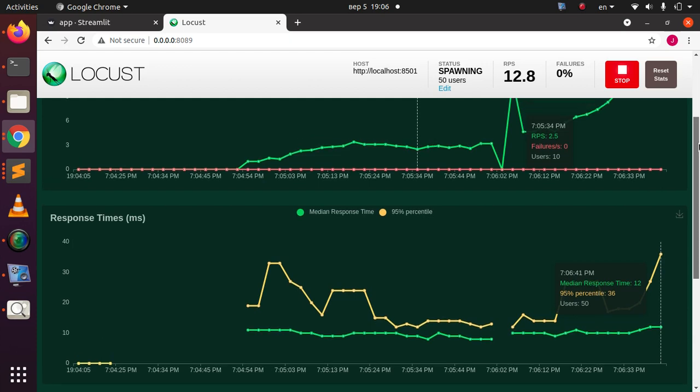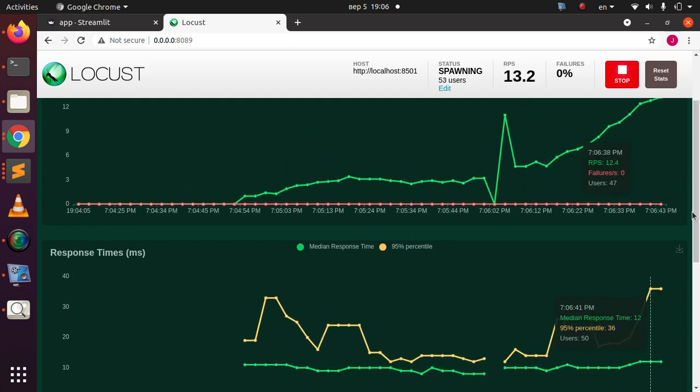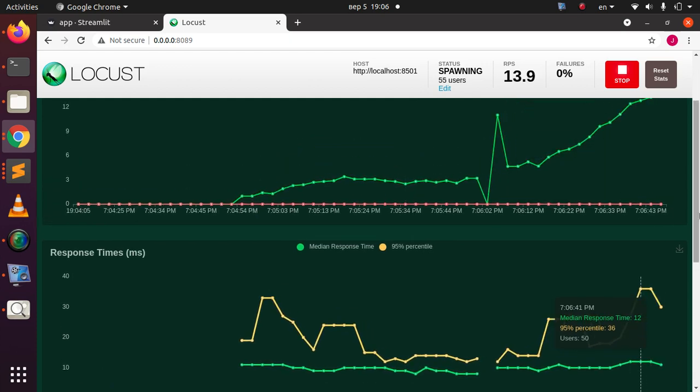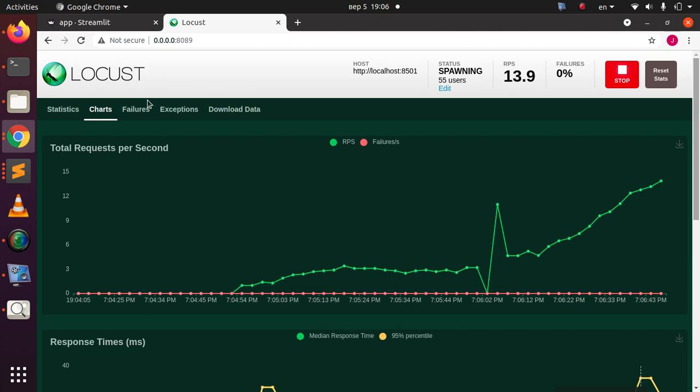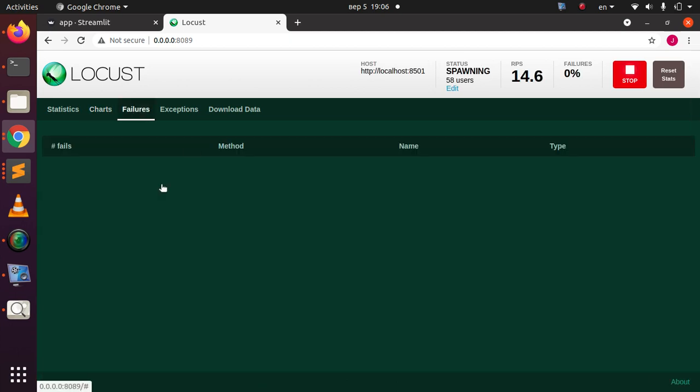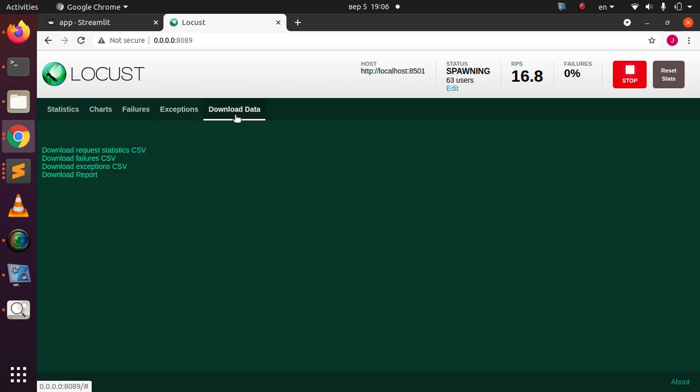There are no failures in our app. Everything is moving on perfectly. So that is how to work with it. After that, you can come back again and check if there are failures. There are no failures. You can also check if there are exceptions. There are no exceptions, and you can also download the data here as a CSV file as you wish, or